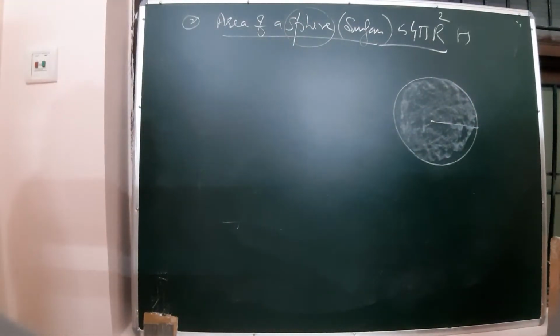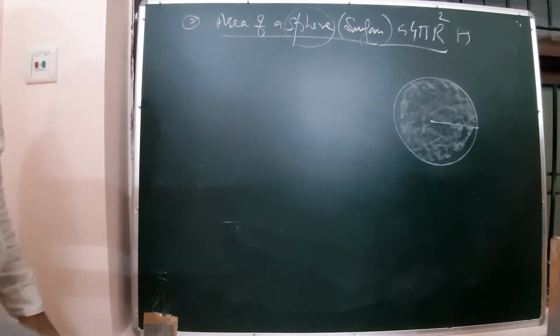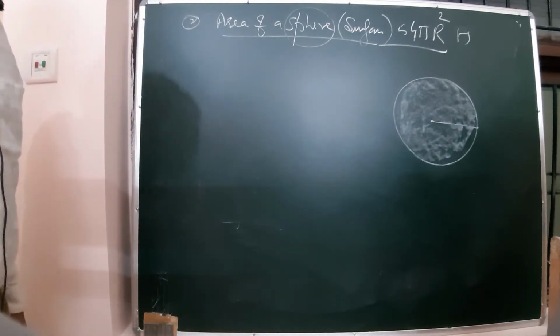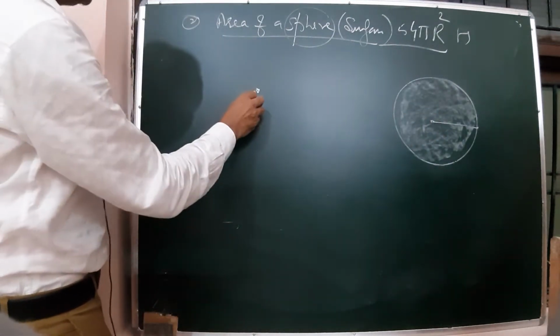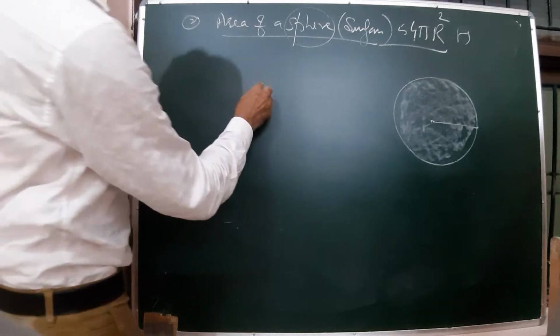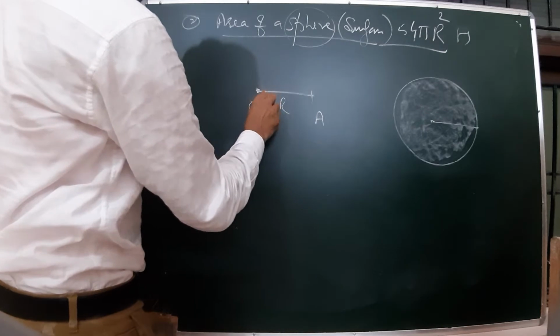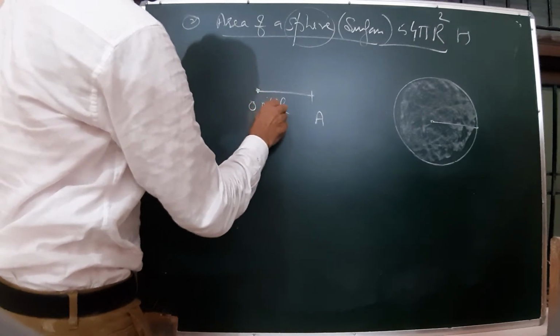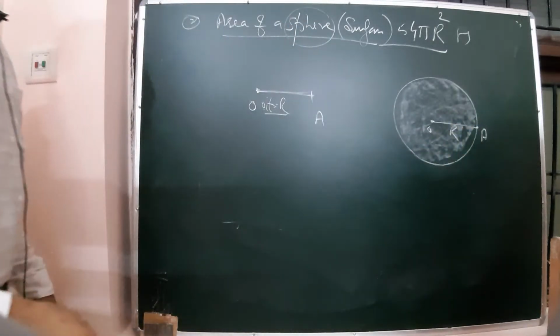4 pi r square. So in the same way as I have drawn the circle by using 2 parameters r and theta, in the same way I am drawing the sphere by using 3 variables. So what are the 3 variables? First of all, we have to mark a point. This point is O or P. Then extend this point from O to A. This is R, again radius 0 to R. This is O, this is A, and this one is R.